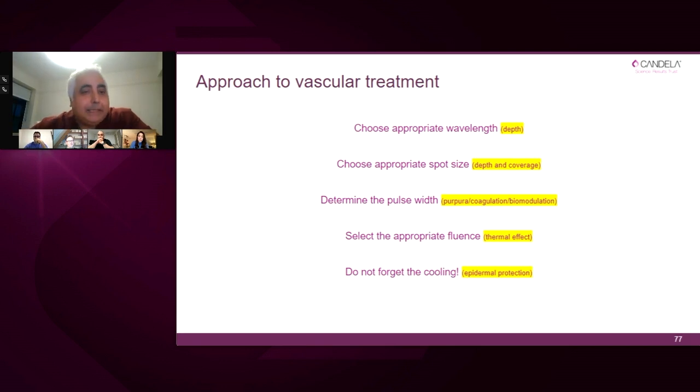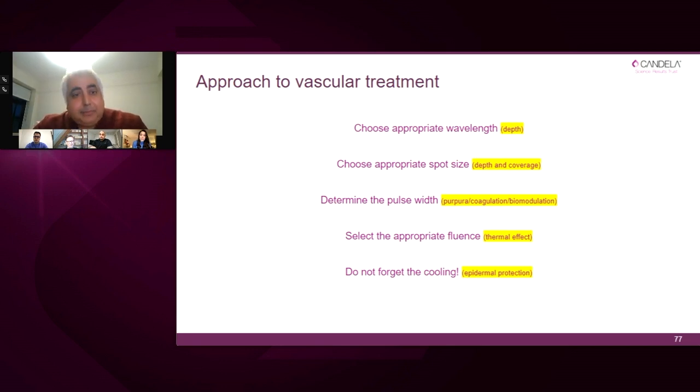Of course, with experience one will adapt this, but just like Professor Bjerring said, you go with the Nautilus, it's a short learning curve, and you go to the screen. So something similar I use, and that is, first of all, you will determine the choice of your wavelength. So going back to one of your questions, Dr. Barco, you asked us, how do we account for different depths? For deeper vessels, we'll start with the Didac, because that is a longer wavelength and therefore we can get deeper. But for the more superficial vessels, in this case, we can choose the 595 pulse dye laser.